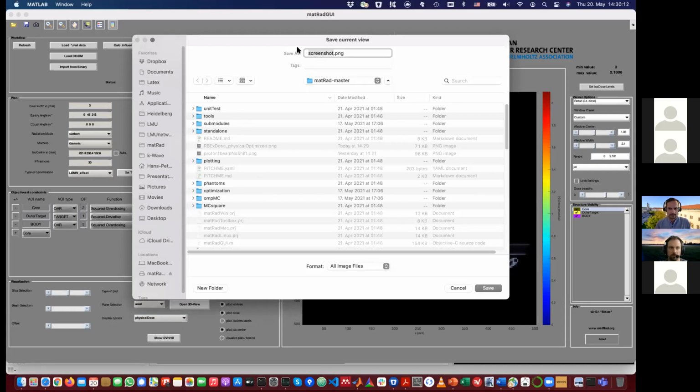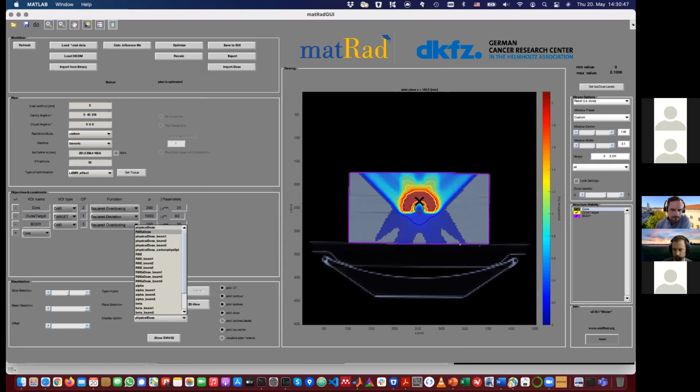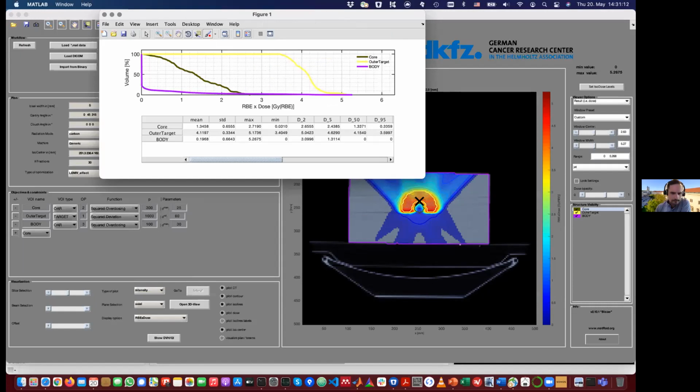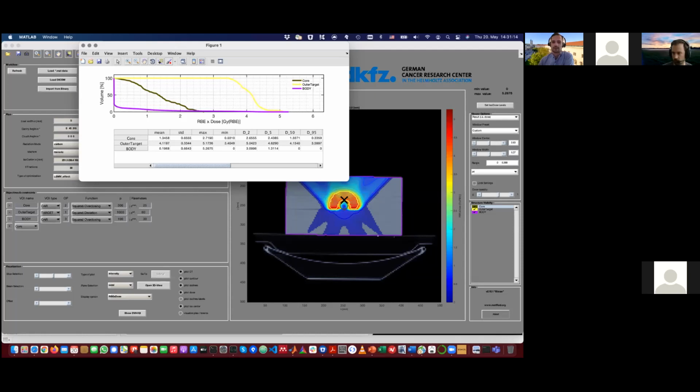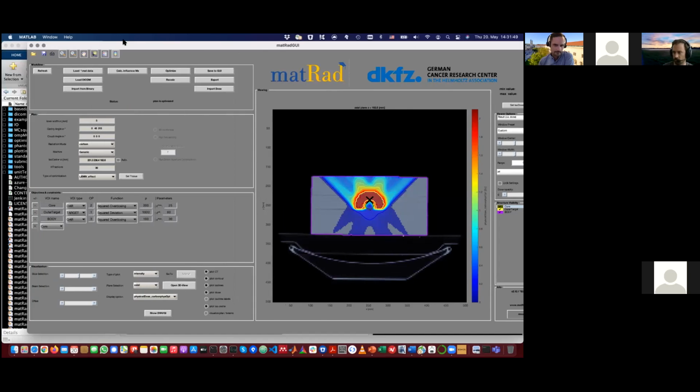And this is now the physical dose. So now for the RBE weighted dose, the biologically effective dose is now much higher than 2 gray. And this is basically what you can see here. The D95 of our target is now at